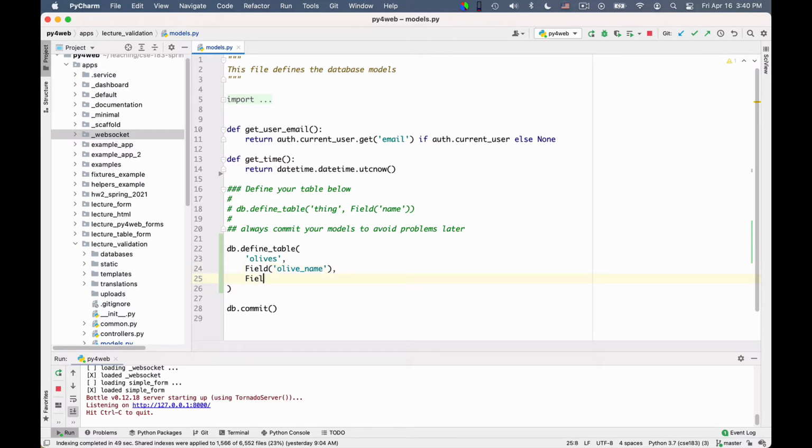Then there will be a field olive kind. Then there is a field weight total, for the gross weight, which is a double.